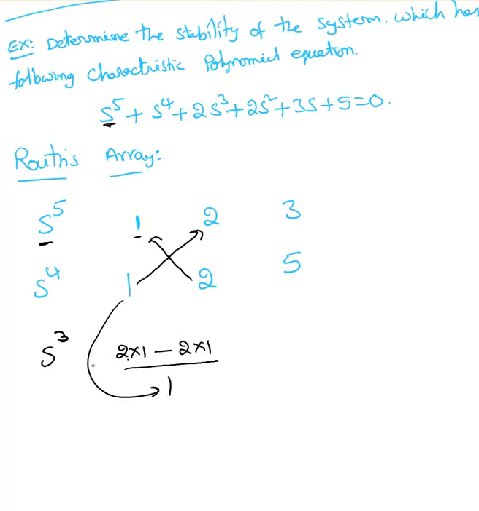That value is 0 here. When you put 0, it's going to affect our calculations. According to the Routh-Hurwitz criterion, we take this as a very small positive number. So I'm going to take that as 0 plus. 0 plus is a very small positive number, like